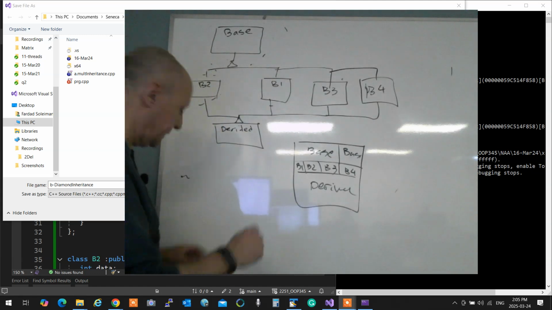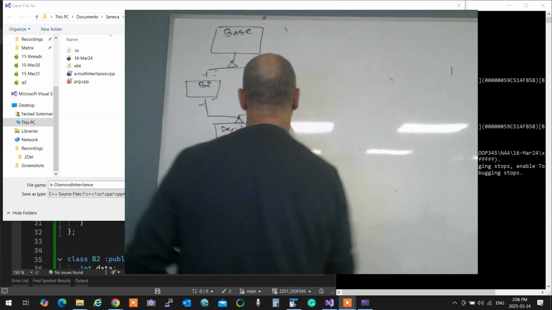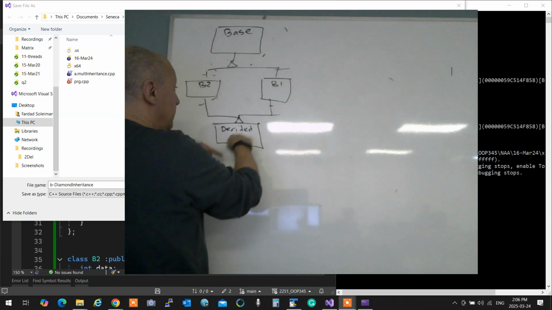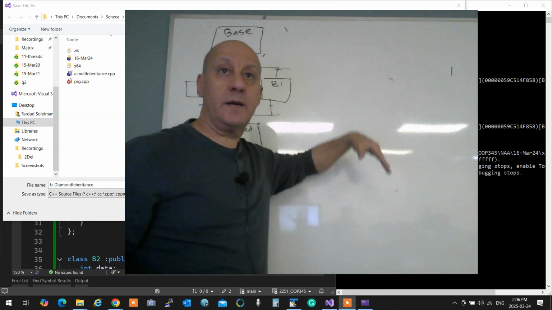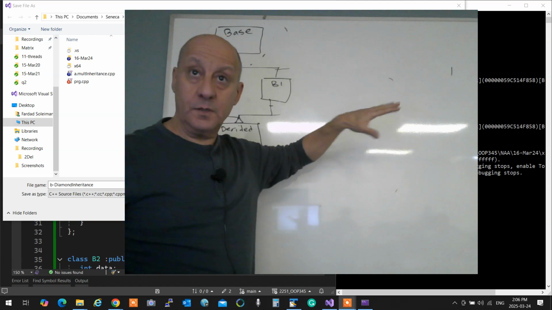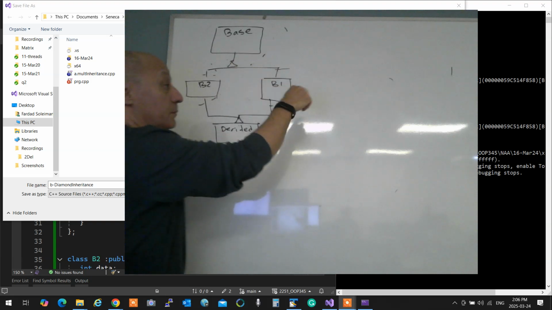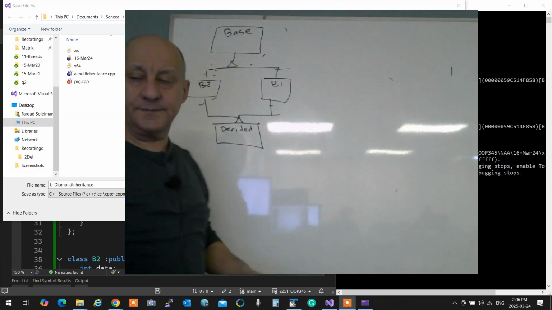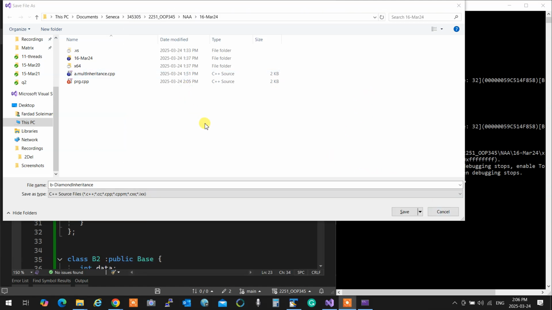Okay. So when I say diamond inheritance, this is what I mean. You see, it's a diamond. Okay? But the object is not diamond. When the object is created, it's parallel. You follow what happened? So the inheritance is diamond, but the object created out of it is not. Okay? Different bases.